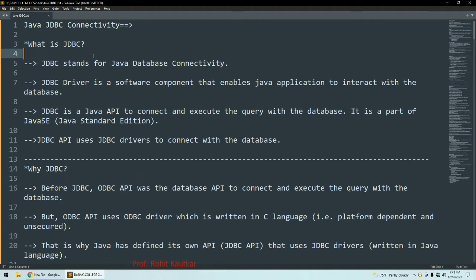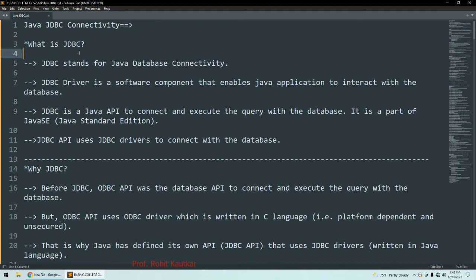This is Rohit. Friends, in today's video we are going to talk about Java database connectivity. So in this video we are going to understand what is JDBC, what is ODBC, what is java.sql package, what different interfaces and classes are available within this package, and what steps we need to use in order to establish a connection between a Java file and a specific database like MS Access or MySQL or Oracle. So all these things we are going to discuss within this video.